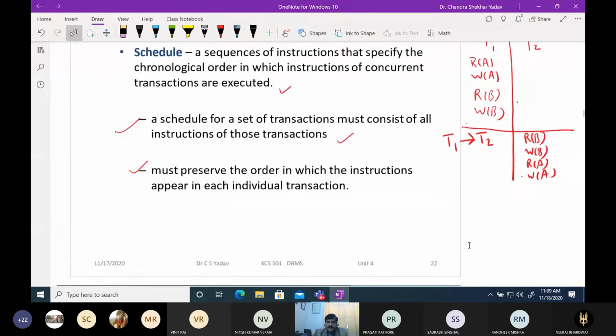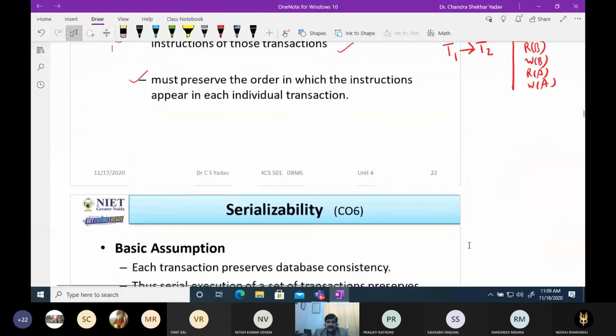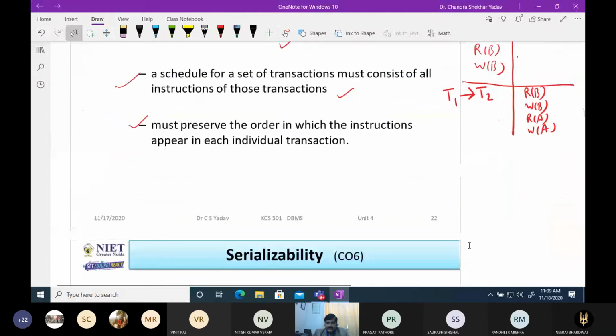There are two types of schedule: serial schedule and non-serial schedule.